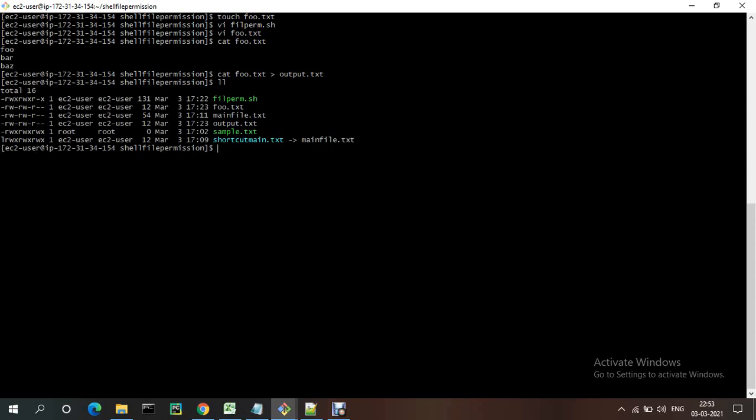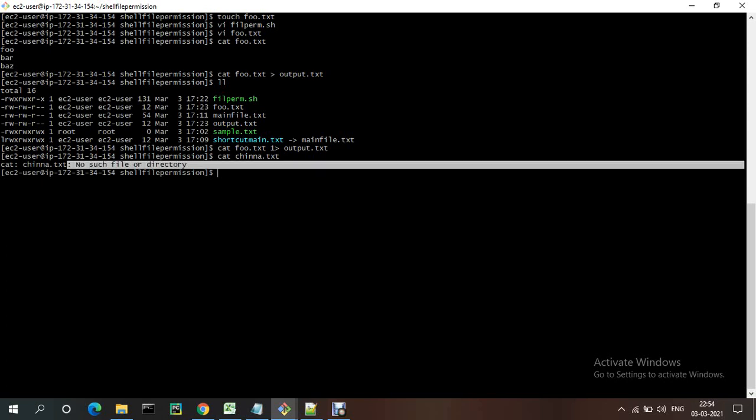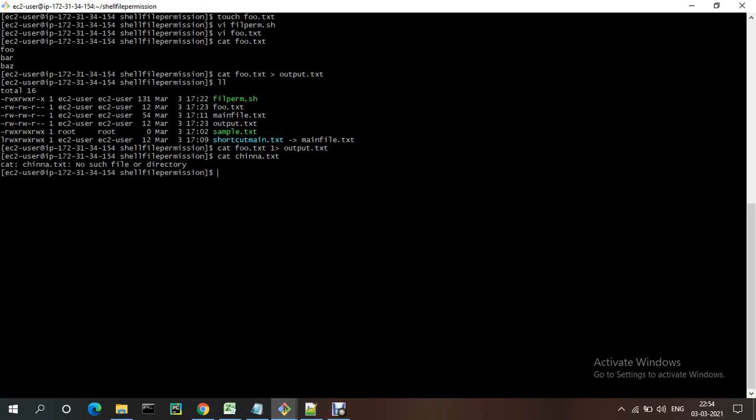See, we have two files, one is this one and another one is this file. Now whether it is a success, if you give the same thing here, 1 greater than, it is executed successfully. Now if we do chinna.txt and 2 greater than, see, I am trying to find it, there is no such file or directory chinna.txt.